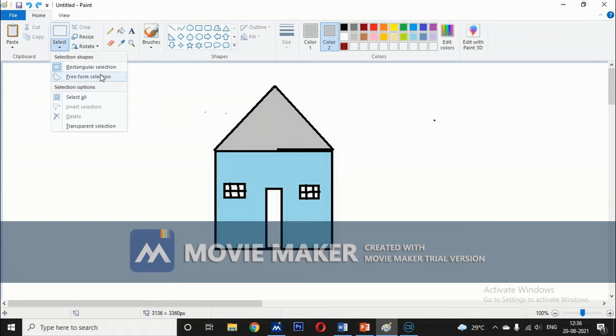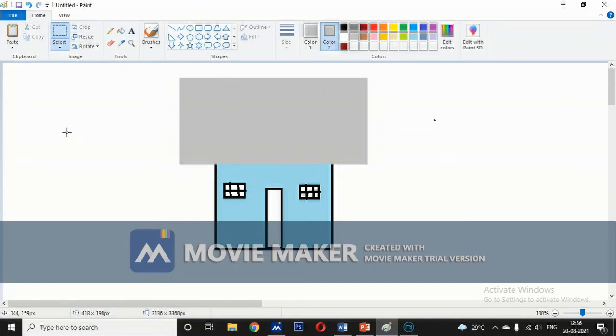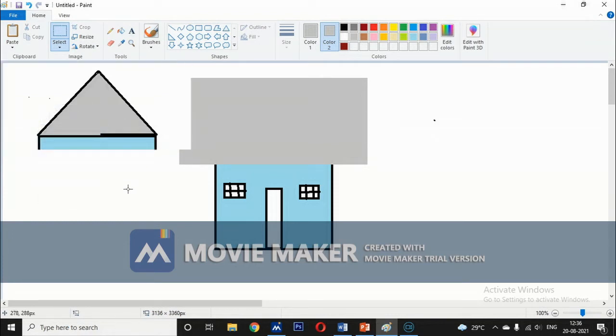If you want to cut the image, first you have to select the portion you want to cut. Then in the image group you click the cut option and you can paste it into another place.